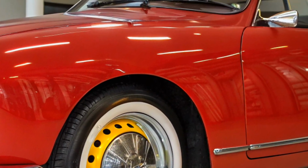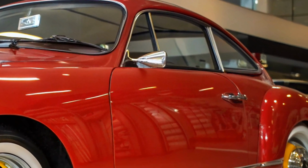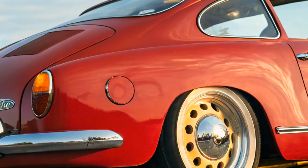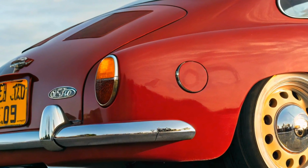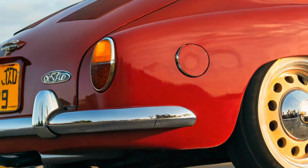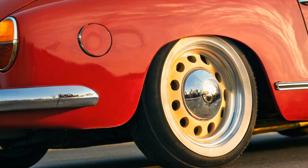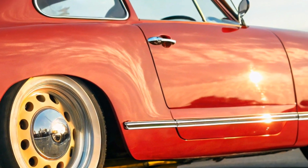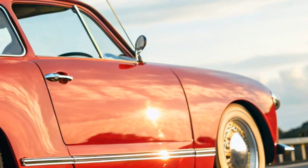On the road, the Karmann Ghia is expected to offer a refined and enjoyable driving experience. Thanks to its low center of gravity and well-balanced chassis, the ride should feel planted and agile. Adaptive dampers will likely be standard on the GTX model and optional on others, giving drivers the ability to toggle between comfort and performance settings. Regenerative braking is customizable, with paddle shifters behind the wheel to adjust the strength of regen on the fly. While the car isn't built to be a track machine, the GTX